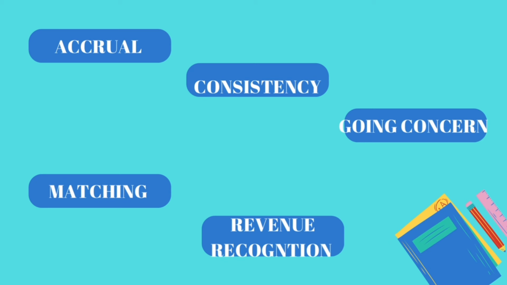With the accrual principle, this is simply you recognize revenue when earned and expenses when incurred. So if you earn revenue today by selling 10 pencils and the expenses of those 10 pencils, that's the situation of accrual principle. With consistency principle, however, we use a consistent accounting method to ensure accurate financial reporting over time.